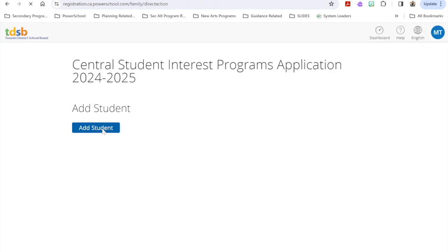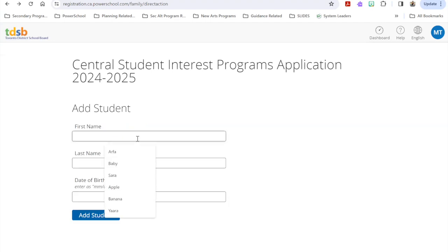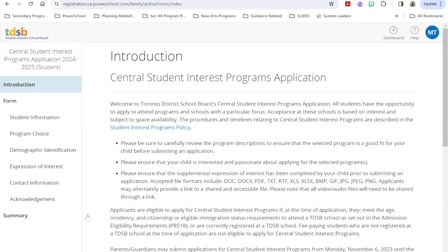You'll then be prompted to add the student. So we're going to be entering in our student, so student test, and the date of birth. Please notice, so I've got a block there, month, day, and then the 4 digits of the year. So we have a student test who's going to be applying for grade 9 and was born in 2010, January the 23rd. So that will then take you directly into the application.